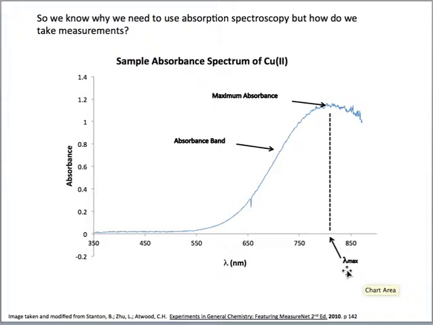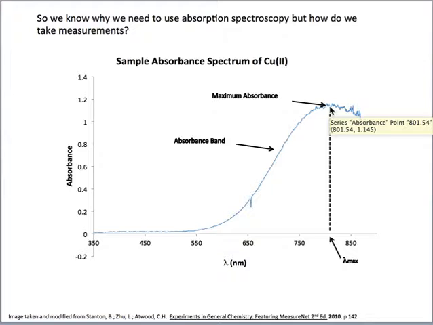But the things I really want to highlight are, one, the lambda max. The lambda max is the wavelength right here, so about 770 or so. It's the wavelength at which maximum absorbance occurs. It's the wavelength at which the maximum of the absorbance band occurs. And so that wavelength here is about 801.54 nanometers. And the absorbance at that point, 1.145 in this case, is the absorbance that I would record at that